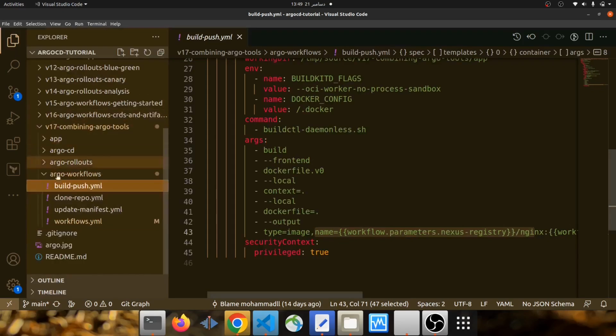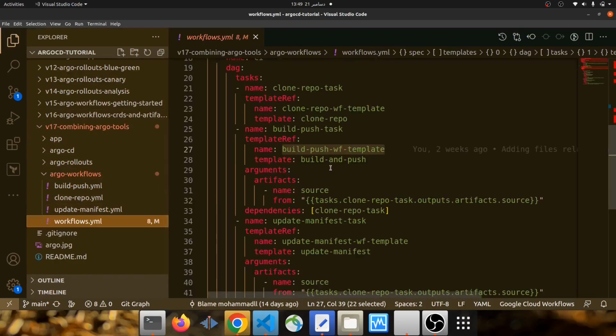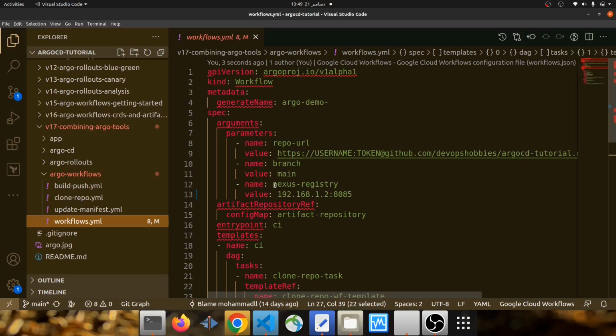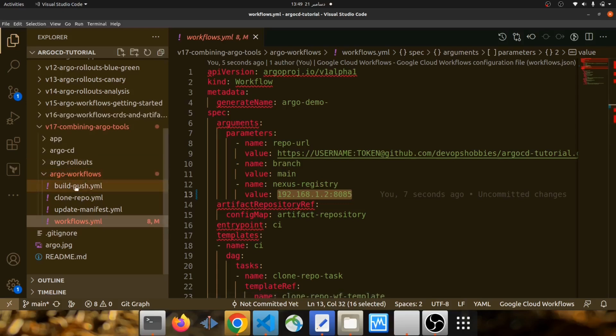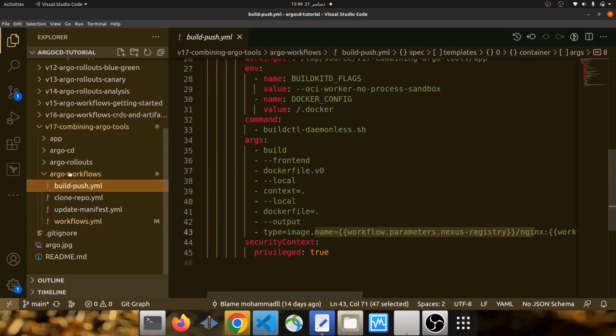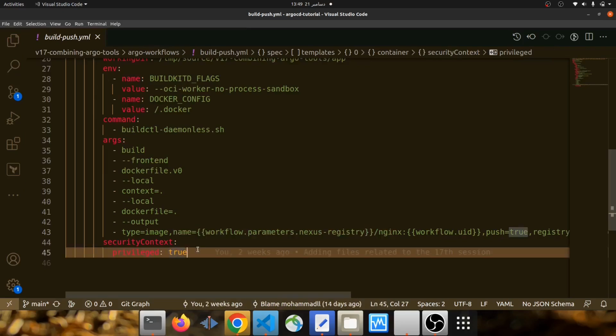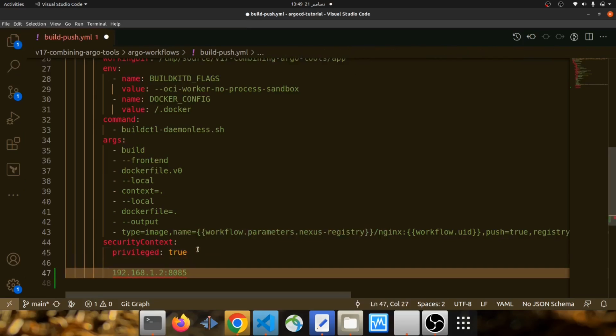When I go to workflows.yaml, I have this Nexus registry. So this is the value related to Nexus registry. I copy the content here. So this is the workflow.parameters Nexus registry /nginx